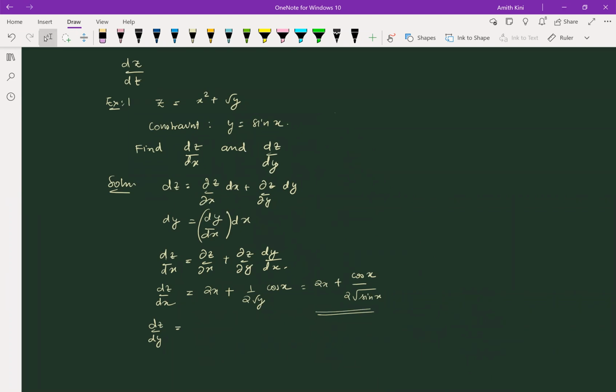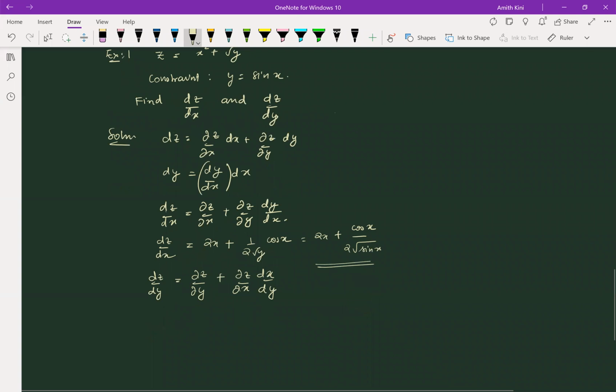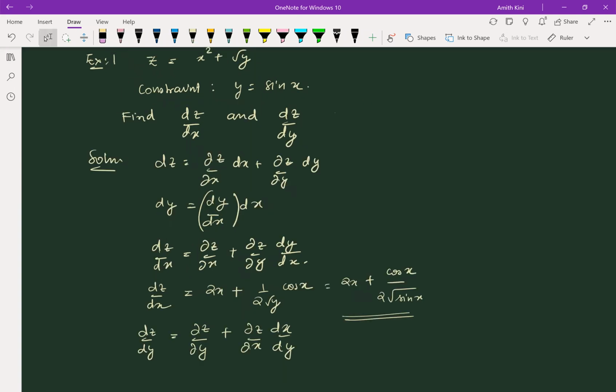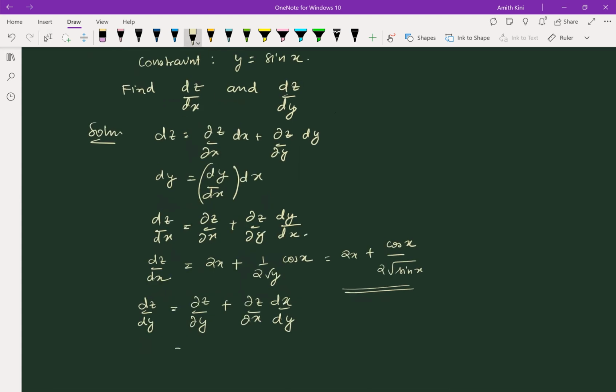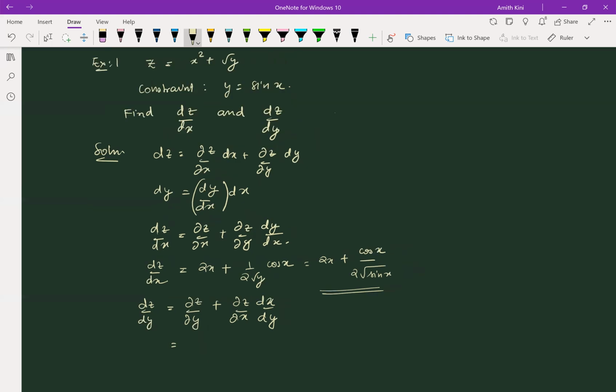Rion, did you get dz by dy? It's del z by del y plus del z by del x into dx by dy. Let's calculate this. Del z by del y, from the expression, what will you get, Rion? 1 by 2 root y. Good. 1 by 2 root y plus